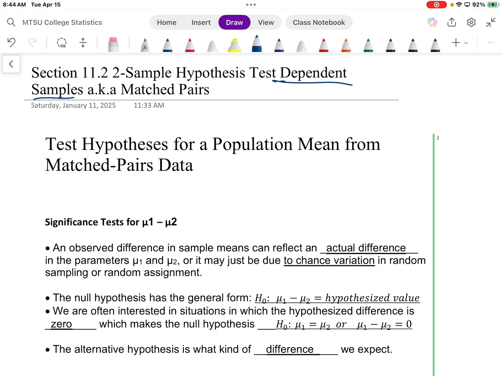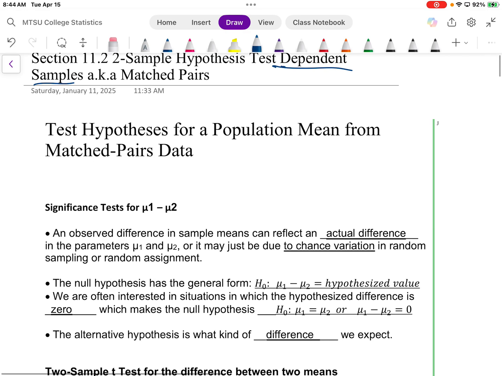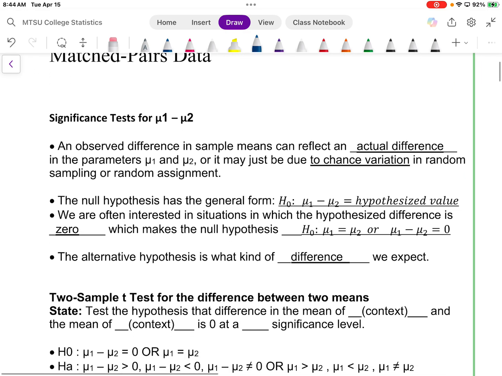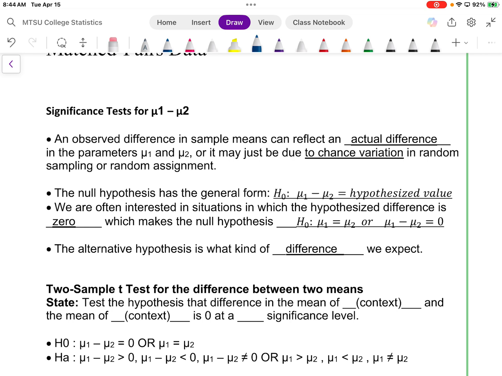As we go through our hypothesis testing, our significance test, we're trying to see if an observed difference in sample means can reflect an actual difference in the parameters as we compare mu1 and mu2, or it just may be due to chance variation in random sampling or random assignment. The null hypothesis has the general form of mu1 minus mu2 equal to whatever your hypothesized value